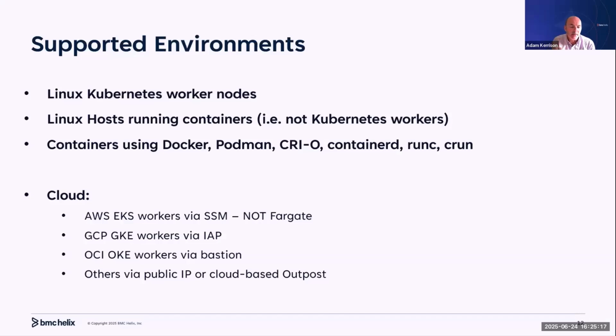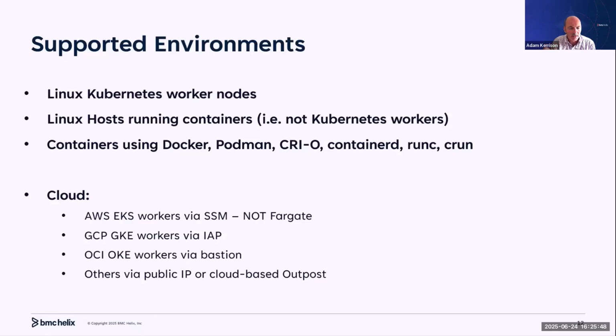In terms of cloud, as we've said, because we can automatically scan the Kubernetes API, we've historically also been able to scan virtual machines inside clouds. So with AWS, EKS workers using the system manager sessions, we can get into those. GKE with the identity aware proxy. For OCI, for OKE clusters, we can get into them using the new OCI Bastion feature, which is in 25.2,